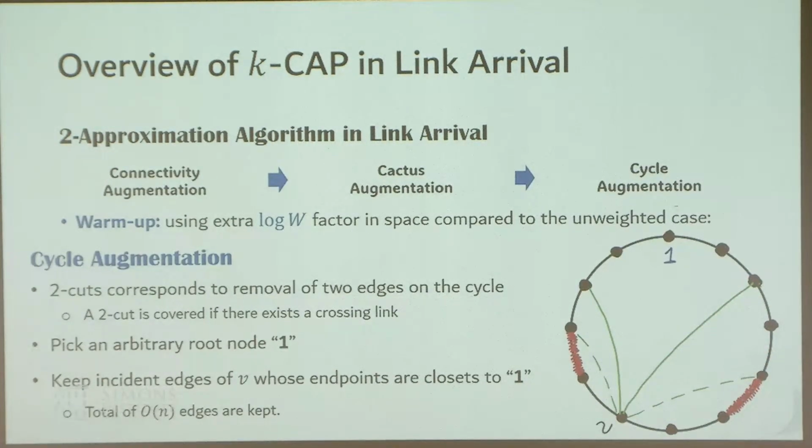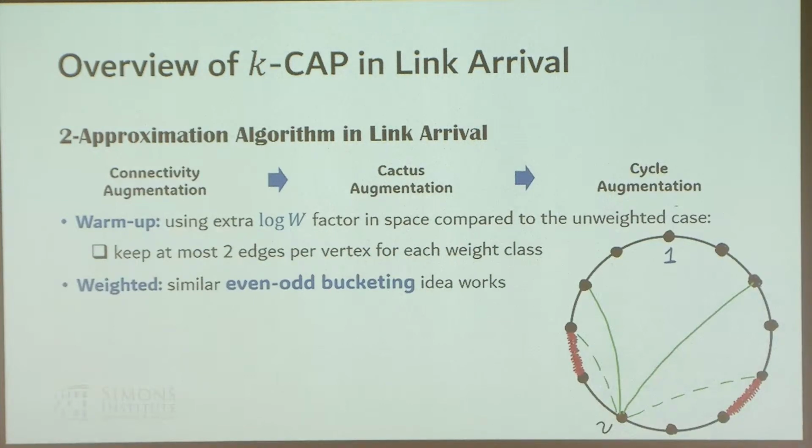It's another very involved argument, and I would be happy to talk about it offline. So basically, what it says is that you only need order of n many edges to get a 2 approximation algorithm. OK. So we would like to implement it in a streaming setting, but now again, instead of partitioning, we are